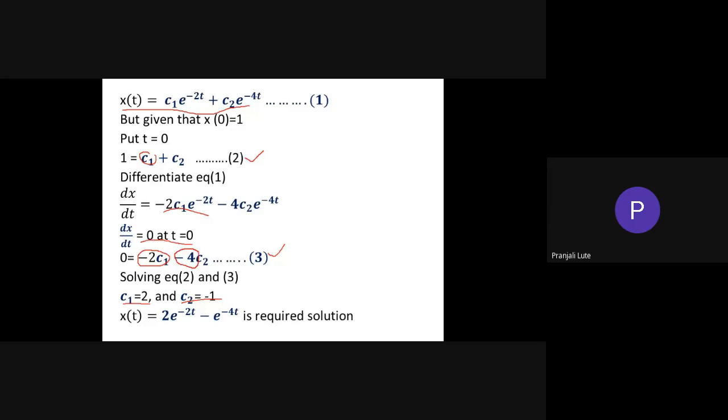यहाँ पे minus 4 है, यहाँ पे 1 है, तो इसको 4 से मल्टीप्लाई करो, दोनों को ऐड कर दो, तो प्लस 4c2 माइनस 4c2 कैंसिल हो जाएगा, तो we get the value of c1. सो c1 is 2, c2 is minus 1. So your required solution is x of t equal to c1, c1 means 2 e to the power minus 2t, c2 means minus 1 e to the power minus 4t,